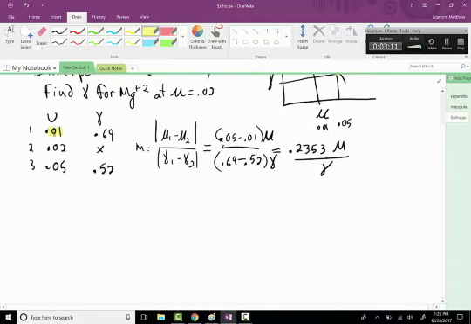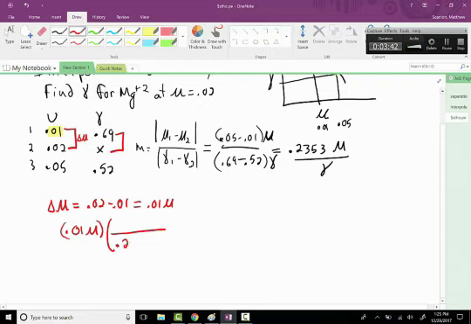I'm going to go from this point and calculate the difference. So I'm going to calculate delta mu, and I'm going to use it to calculate this delta. My delta mu that I'm interested in is 0.02 minus 0.01 equal 0.01 mu units. And I'll take that 0.01 mu units and convert it to alpha units, 0.2353 mus divided by alpha. That's just conversion factors. That's how I'm treating this. I get 0.235